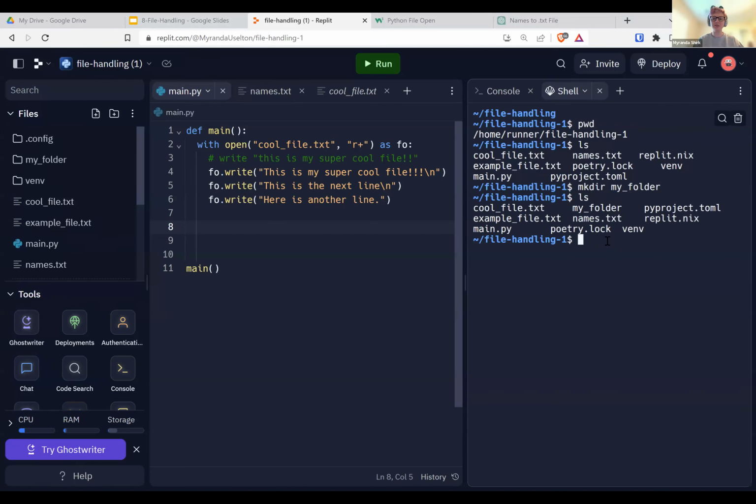What do I do if I want to change my directory from this folder that I'm in and go into my folder? So kind of like on Windows, if you're going to click, yep, exactly. Yep, CD. So CD my_folder, we're on a roll. CD my_folder. And now if I do ls, we can see it's empty. But let's say we want to make a new file here.